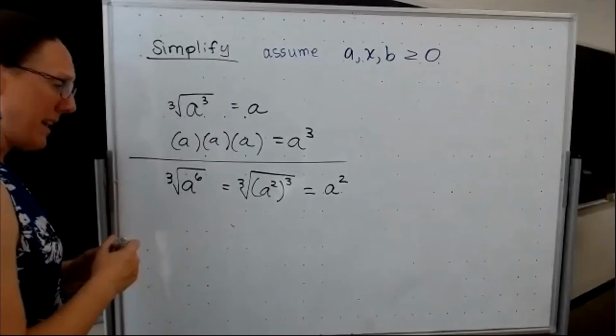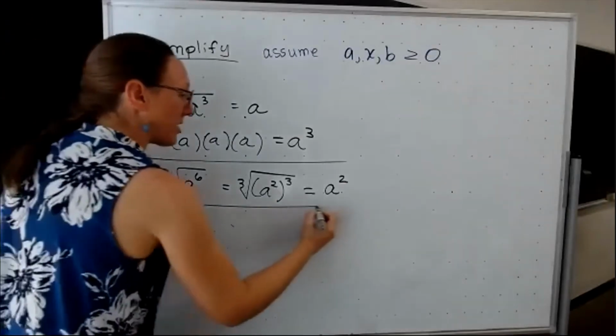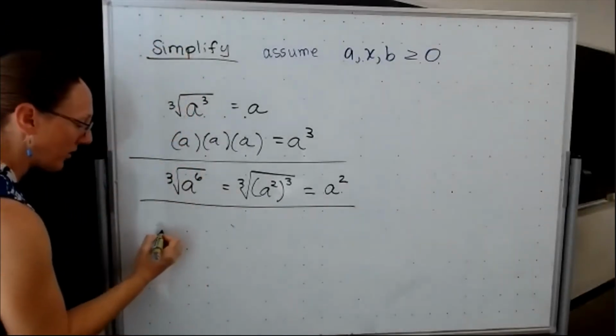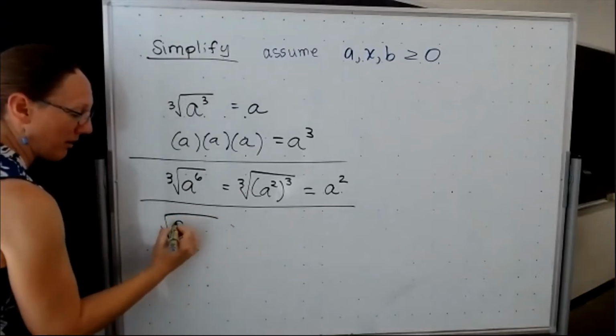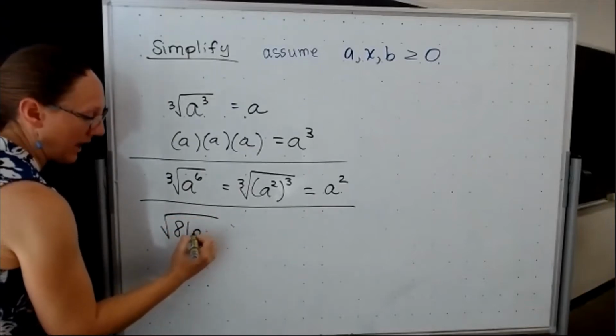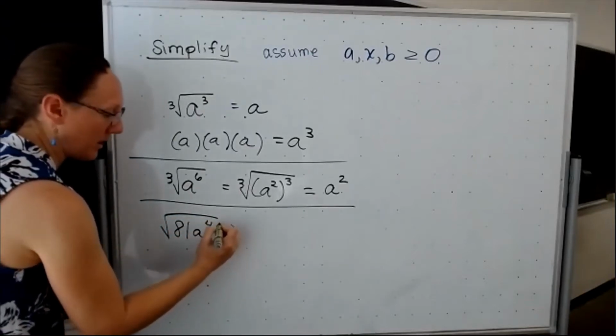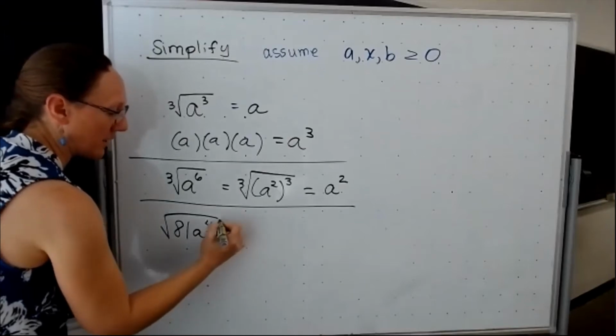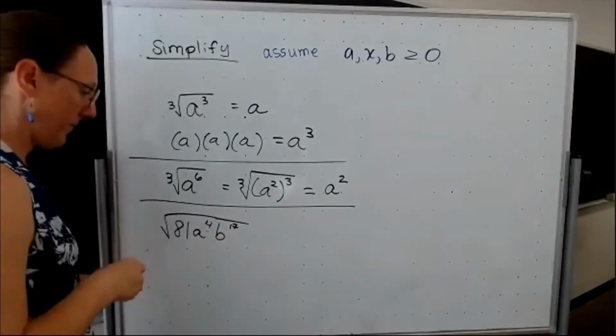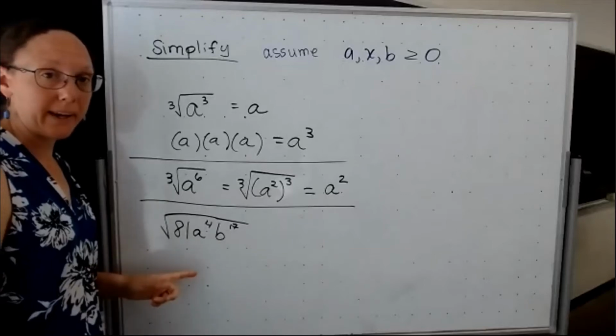We can also mix and match, right? We can have numbers and letters in the mix. So if I were looking at the square root of 81, a to the 4th, b to the 17th. Now that's some garbage, but